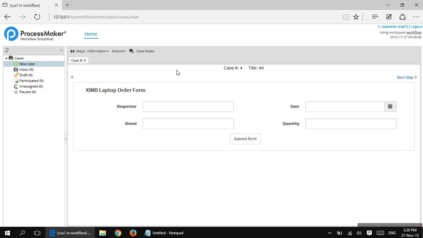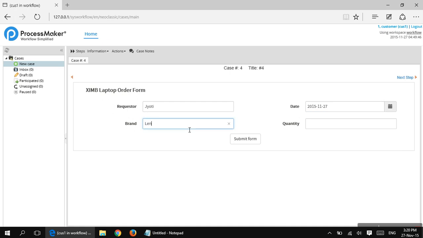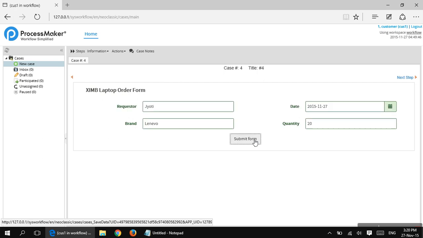Now we can see that we had created this form. You remember the XIMB laptop order form, requester. I will type in my name, and the date would be, let's say, today's date, 27. Brand would be Lenovo, and quantity, let's say I need 20 laptops. So I'll just submit the form. Once I submit this,